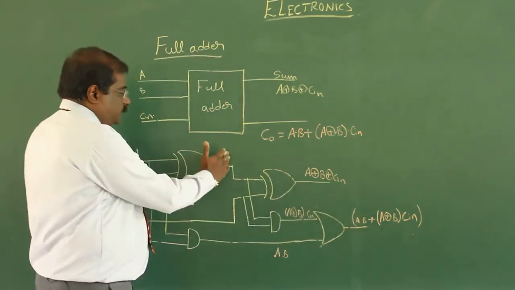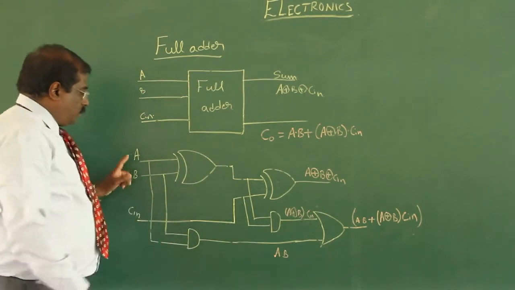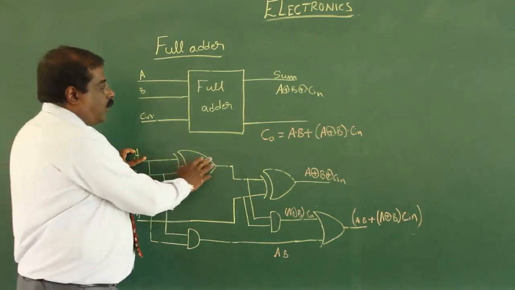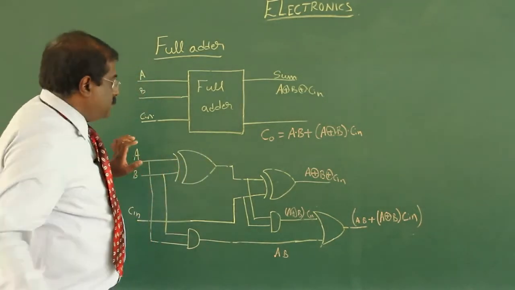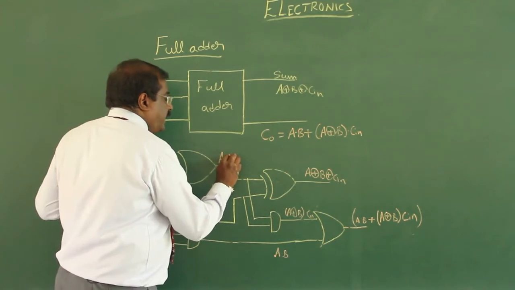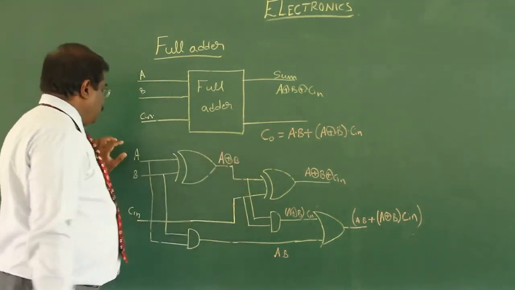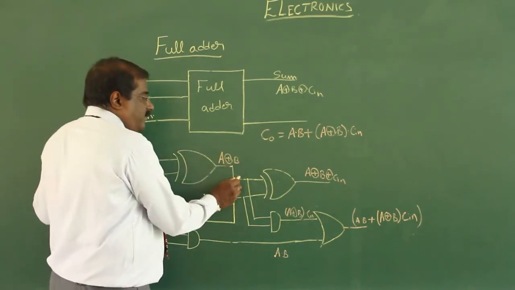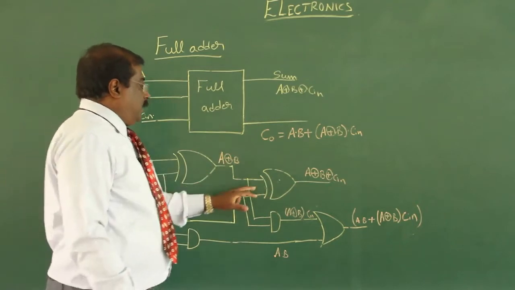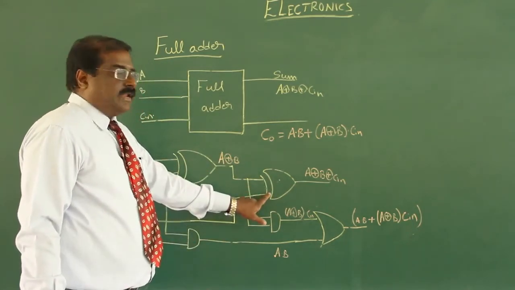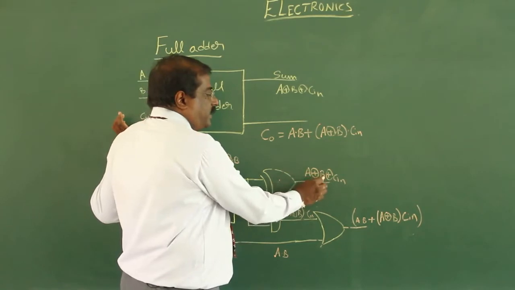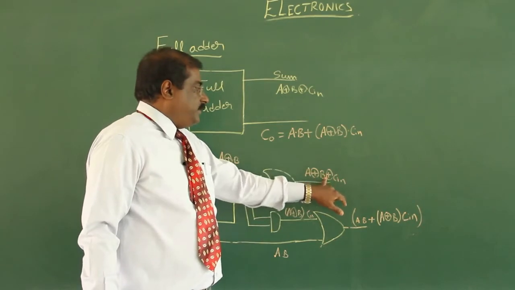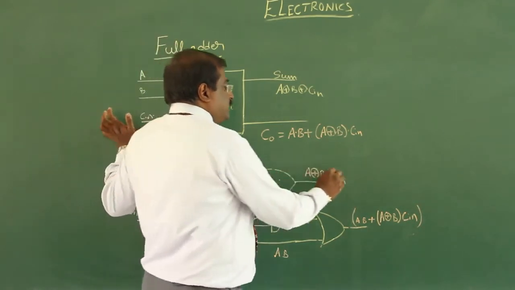So first you think of this half adder. What we have is A, B and the Cin. In the first case, with A and B, the output will be A dot B, and that gets you A XOR B. So that A XOR B will enter into this XOR function, and C in is the third input. The output will be A XOR B XOR C in, which is what we declare as the sum